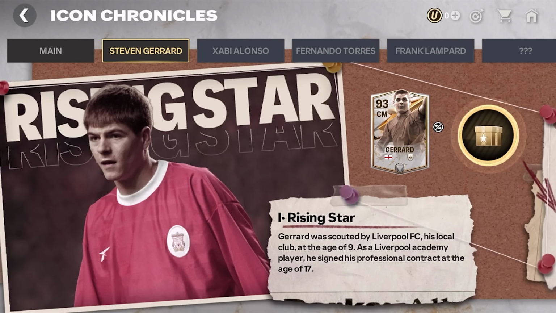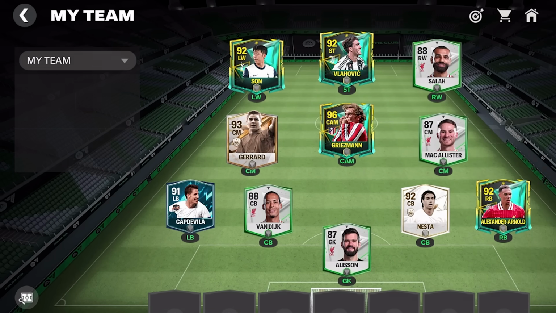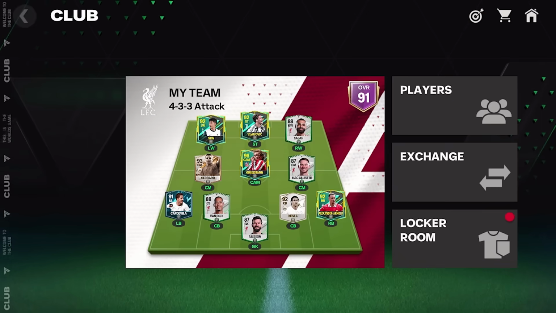And another free player we could get right away is Steven Gerrard, 93 rated center mid. He will help us out a lot as well. So let's now add them both to the team and see what rating we are at. We're at a 91 rated already. So with that, this is going to be our starting squad,